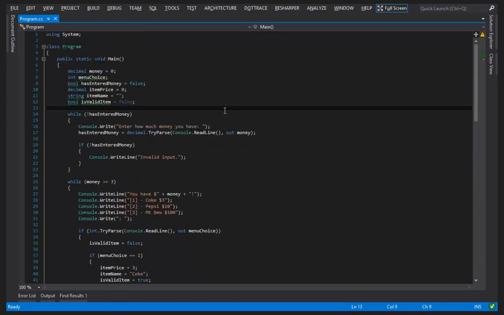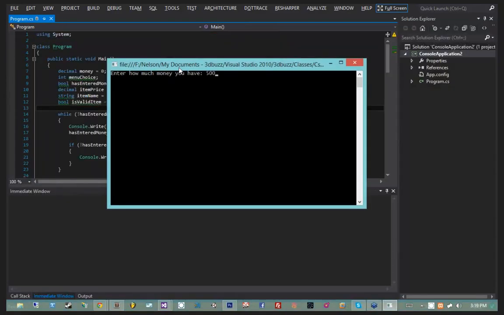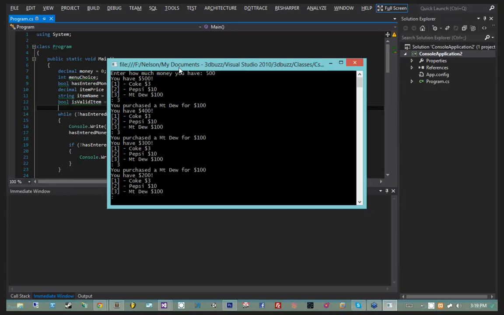So if you guys recall, what we started with last week was a program that allows us to enter how much money we have and then allows us to purchase items. And then finally, when we run out of money,